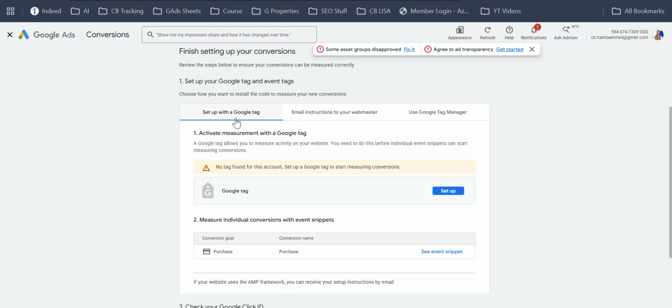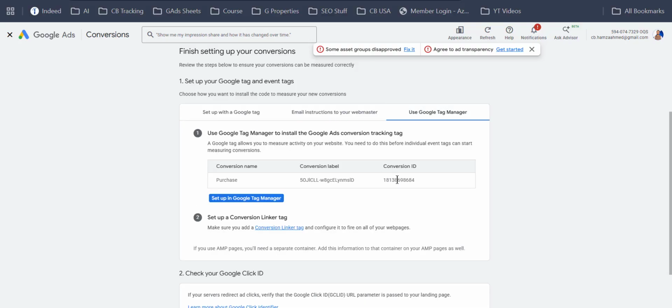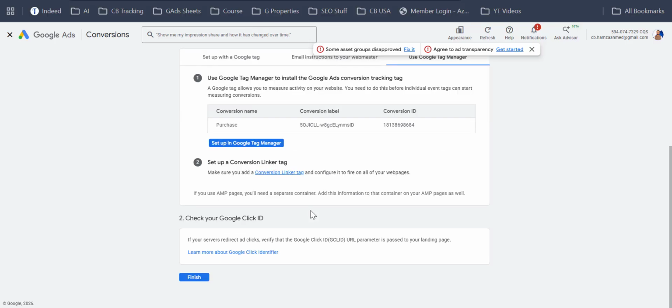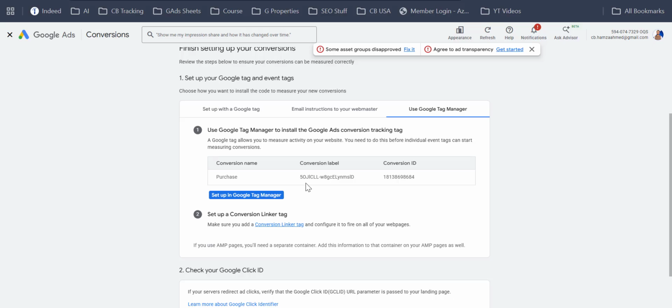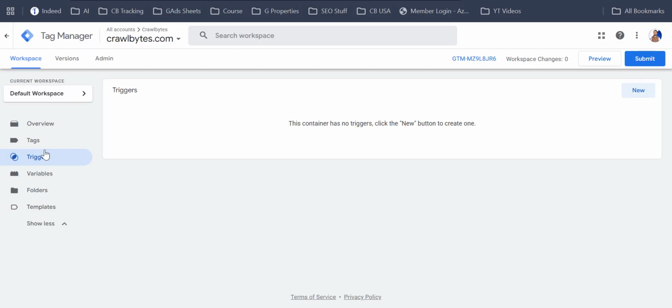Here we have three options: set up with the Google tag, email instructions, and use Google Tag Manager. So we can go with the Google Tag Manager. Here we have a conversion ID and conversion label. So here you have to just leave this window as it is, and we will go into Google Tag Manager,